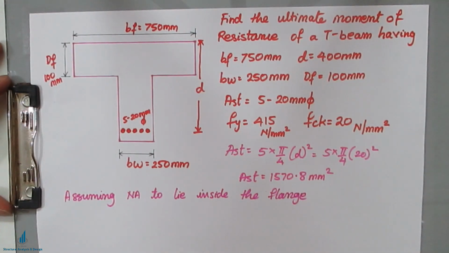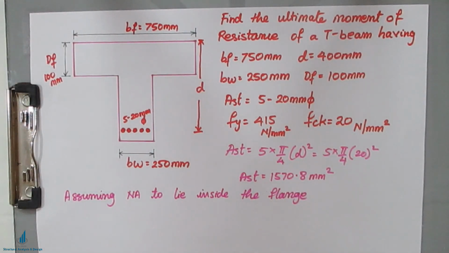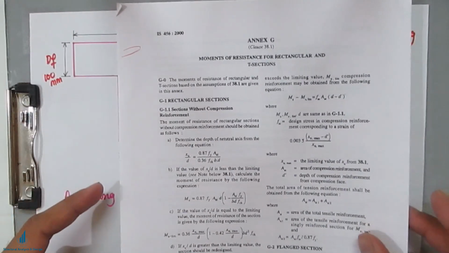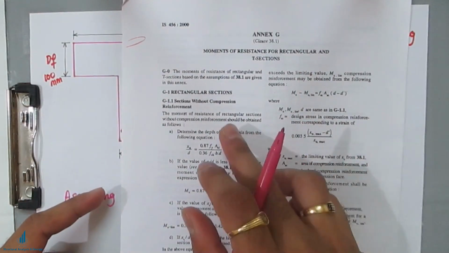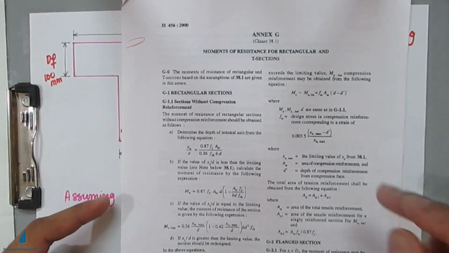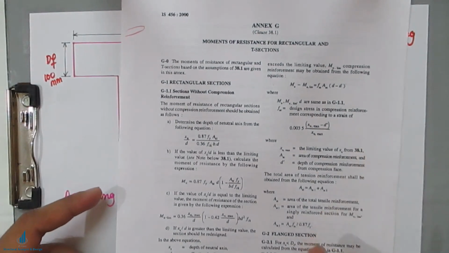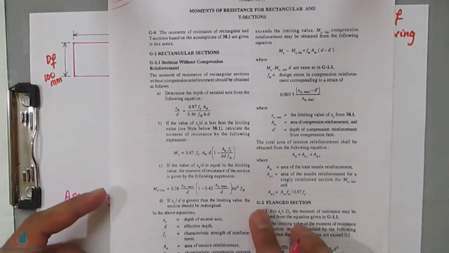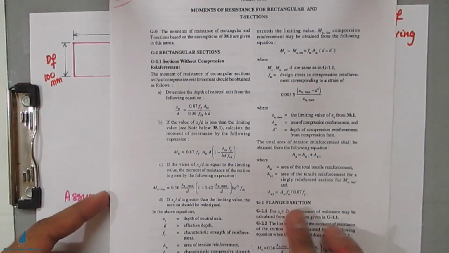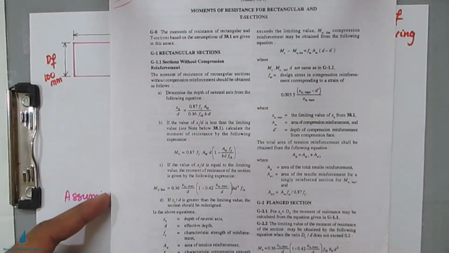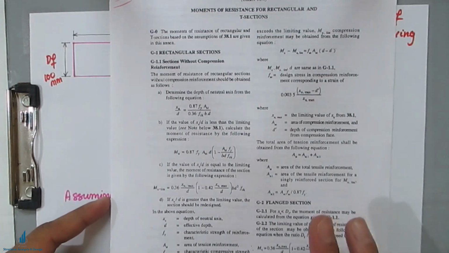Okay, then what happens, you have to go to page number 96. This is your annexure G, and you have to go to page number 96 and separate. They have given the flanged section here. If you can see here, G2 flanged section. Okay, we will see here G2, but before that, when you assume the neutral axis to lie inside the flange,